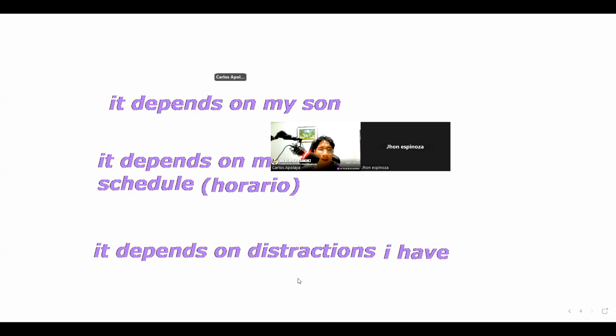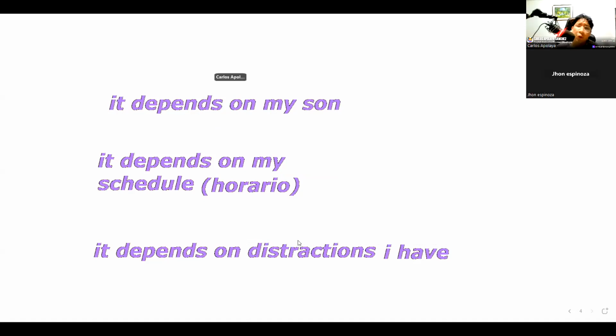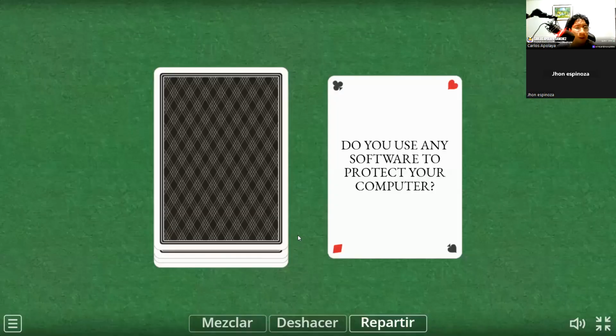Let's continue. Next question. John, do you use any software to protect your computer? Do you use an antivirus? Yes, I think. Yes. Do you play the computer